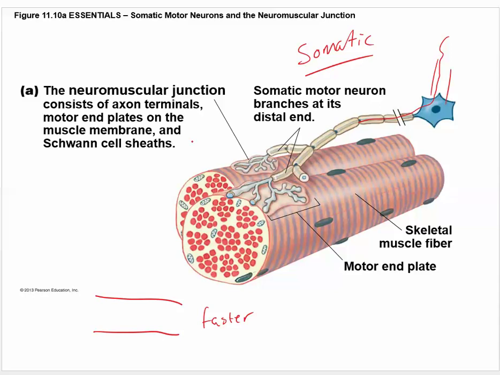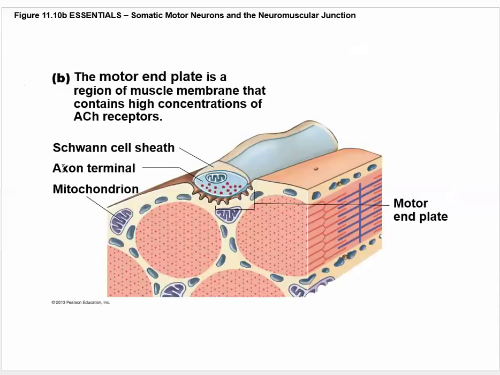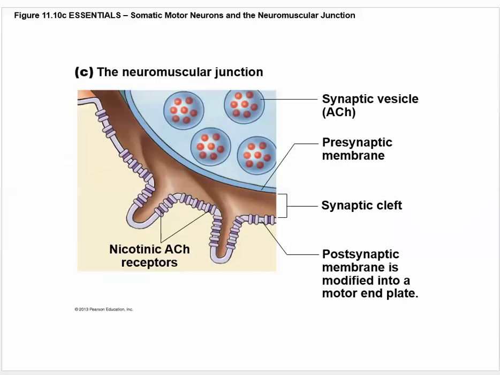Okay, so this is the neuromuscular junction, right? Makes sense. Here's the neuron, here's the muscle, there's the junction. So the neuromuscular junction. Where do you think acetylcholine is going to be released? It's going to be released from right here, and that's where the receptors are. Okay, and so we're going to go on in the muscle section. We're going to talk about how the muscle works, but we need to know that it is definitely acetylcholine being released. So here it is. Here's the terminal, the axon terminal. There is your acetylcholine being released onto this little area right here, and then that's going to cause the muscle to contract.